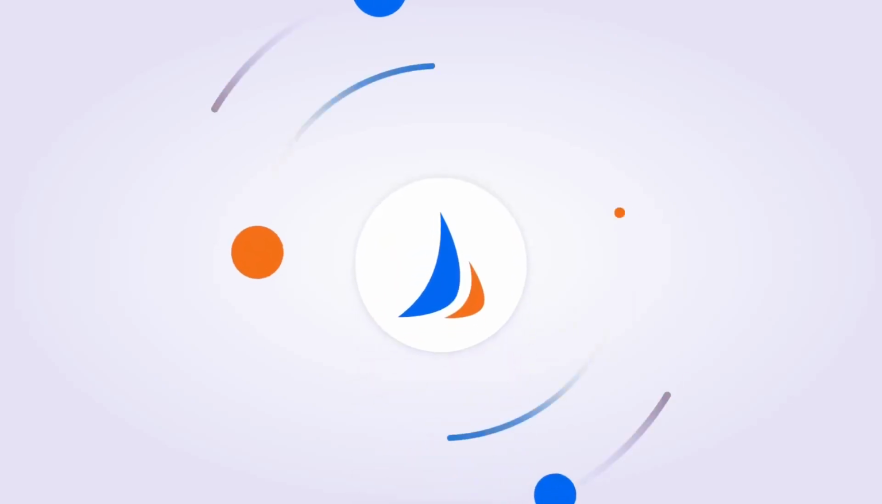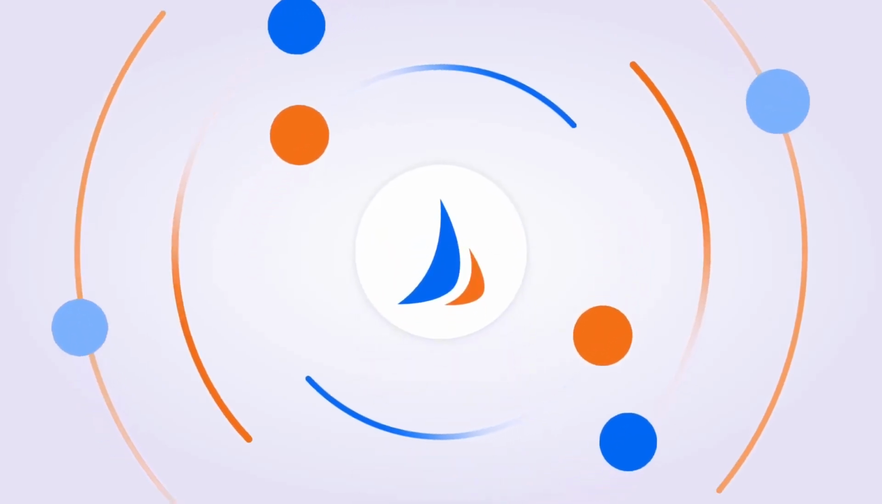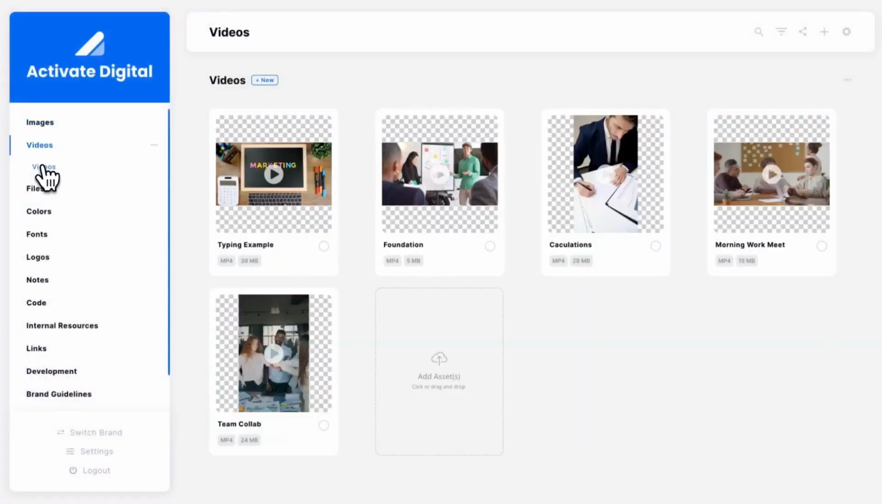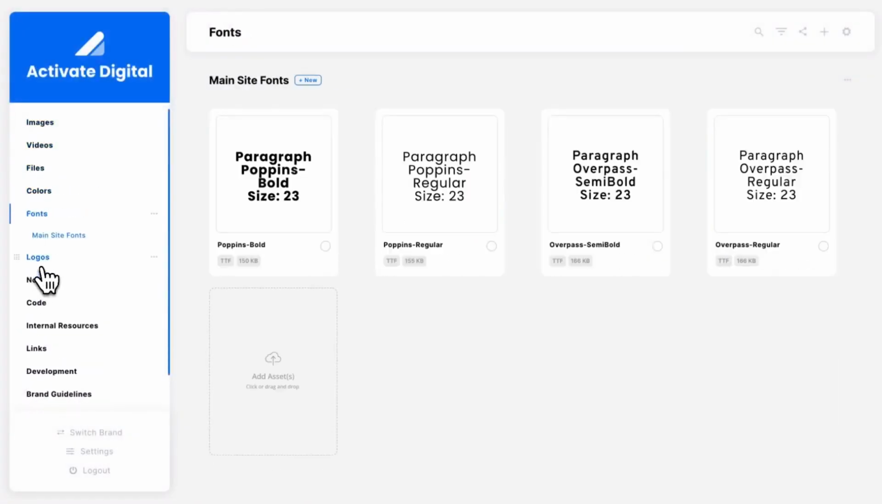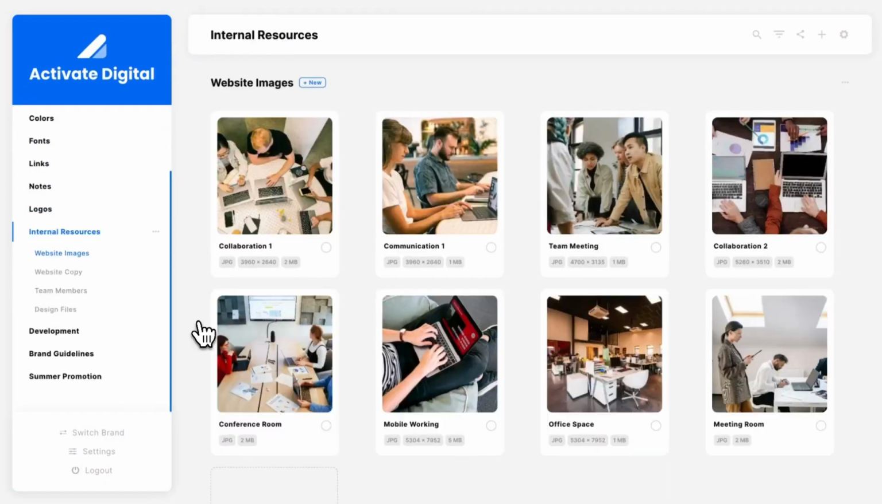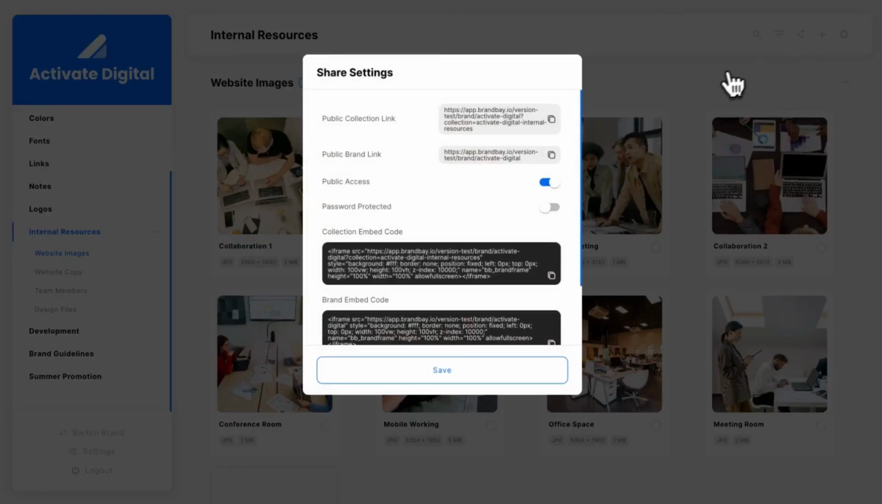With BrandBay, you now have a place to keep all your brand assets secure, organized, and easily shareable online. Intelligently store your brand's images, videos, files, colors, fonts, links, notes, code snippets, and more. Once you have created your perfect layout, share each asset or your entire brand kit with your team, your clients,